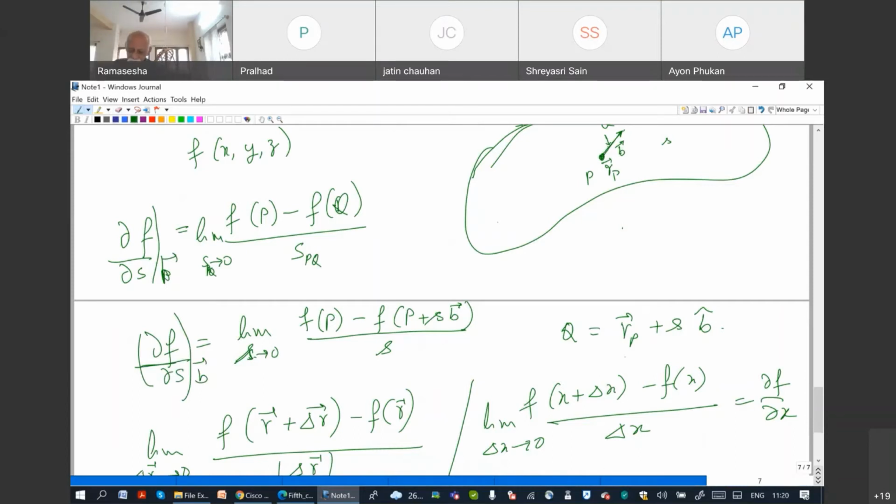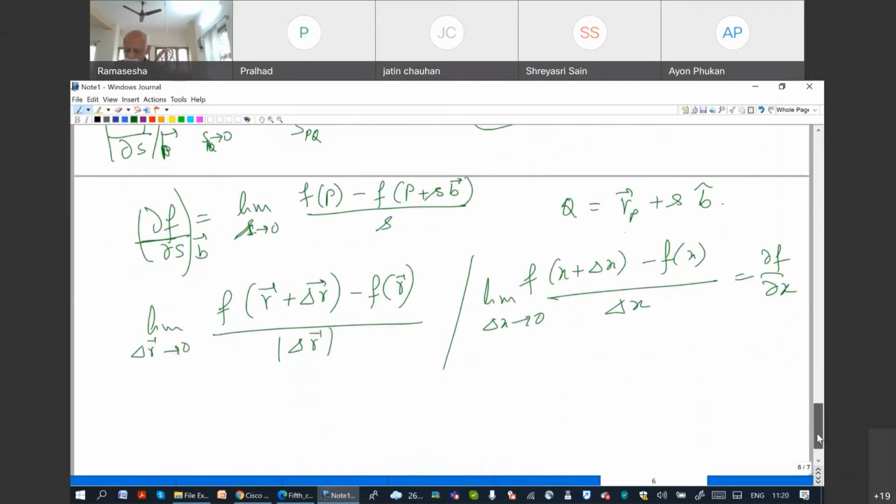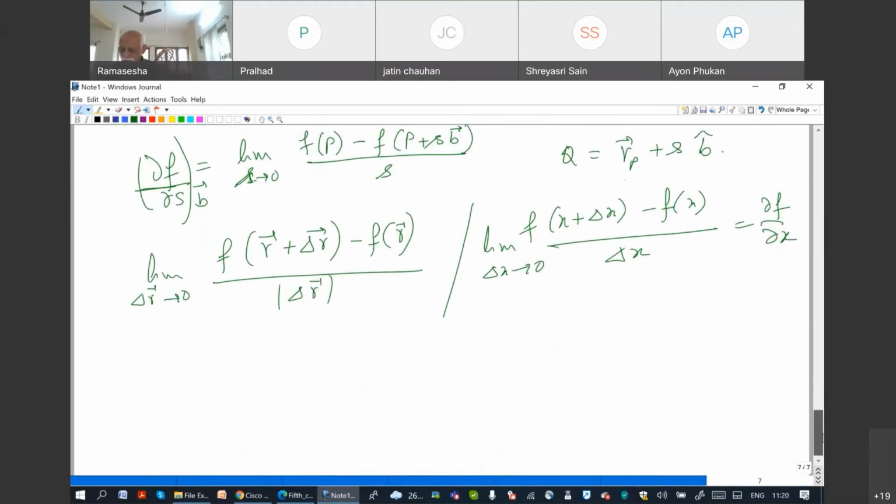Yes, sir. Okay, because earlier I had taken it as delta F. So I have to divide it by the distance between the points and take the limit of the distance between the points over to 0. So if I did that, what will happen is this is going to be delta F by delta S. So F is a function of x comma y comma z. This is equal to F of x of S, because I'm defining the direction in which it is changing, y of S, z of S.